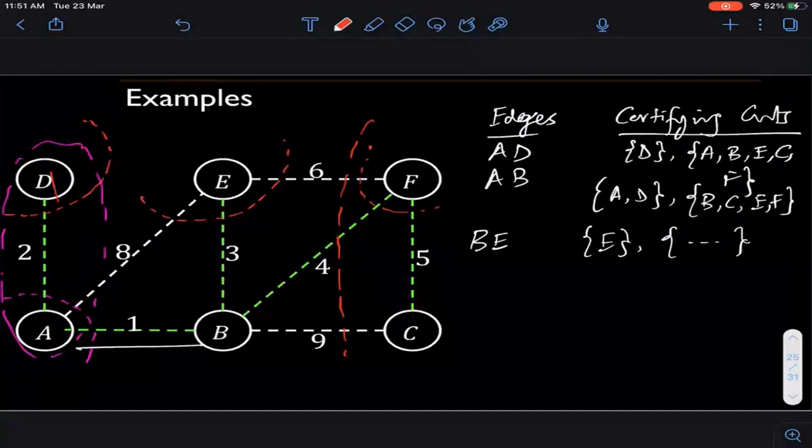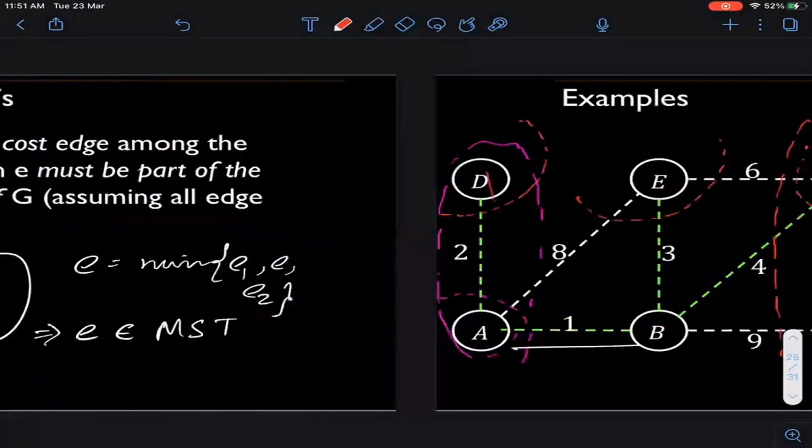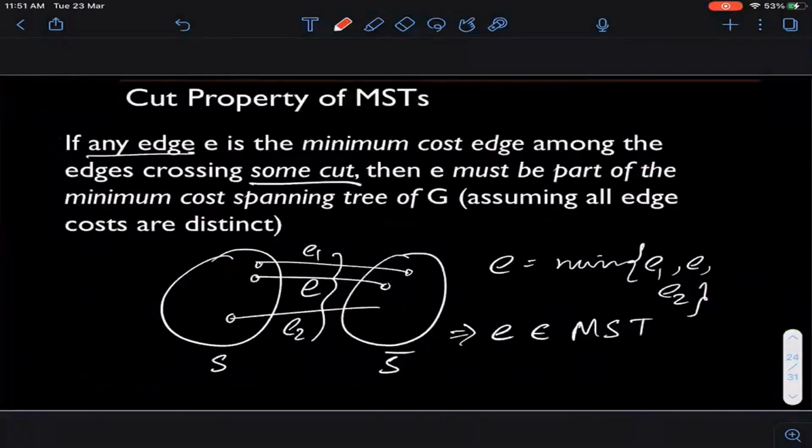Okay. So this is what we have to claim. Every edge included should have a certifying cut with one endpoint in a set and rest in other set. Yeah, it should cross. Certifying cut का definition क्या है? Certifying cut का definition है कि it's the minimum cost edge that is crossing that cut. Crossing का मतलब वही है कि one endpoint is on the left and the other endpoint is on the right. So it has to cross over. Okay. So for any edge, if you can produce a certifying cut,